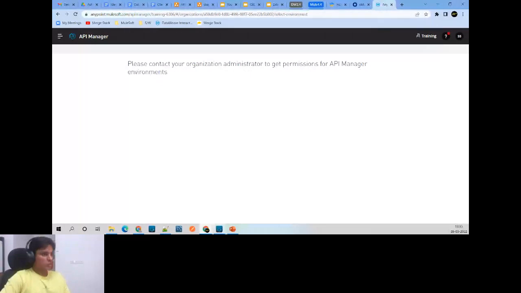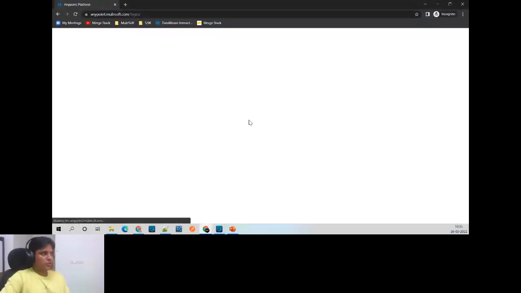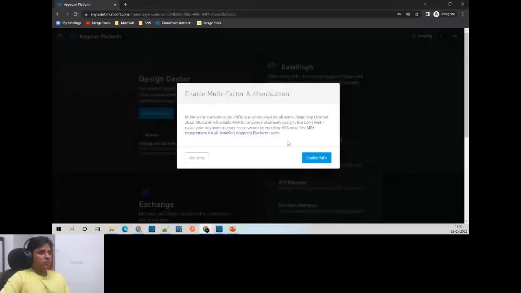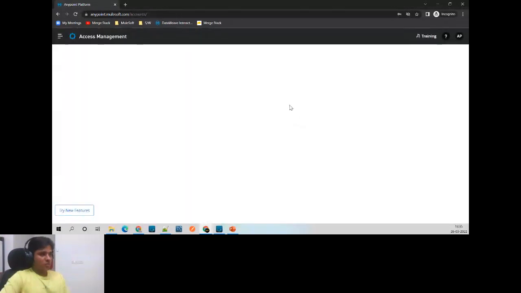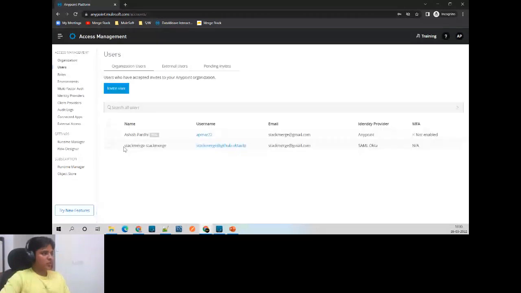So what I'll do is open an incognito window and log into Anypoint platform with my admin user. This one, sign in. Access management. So you can go here, users. Now see, the new user got created. Now you can go ahead and assign permission to this user manually. This is one way of doing it. The second way of doing it is, first go to your